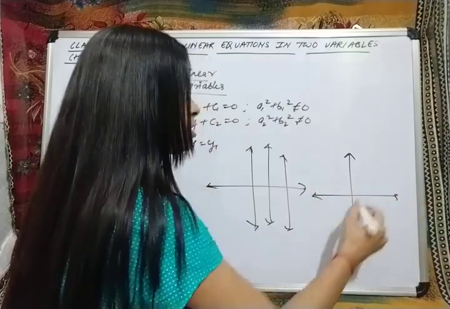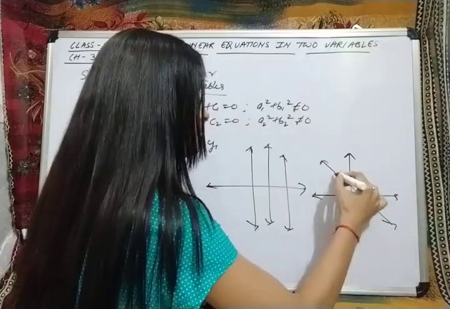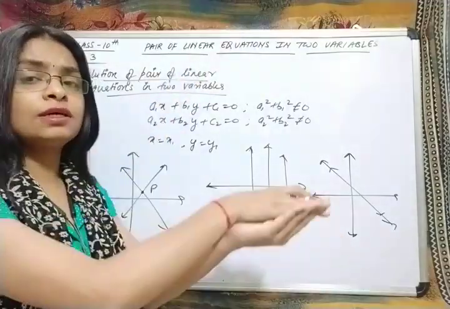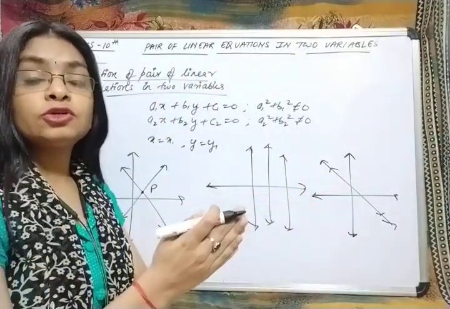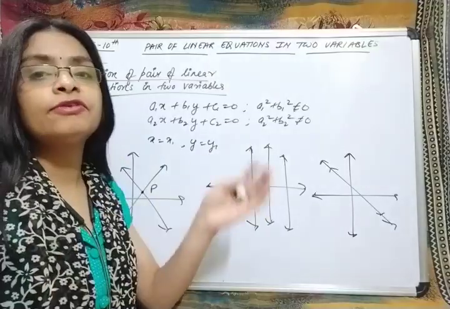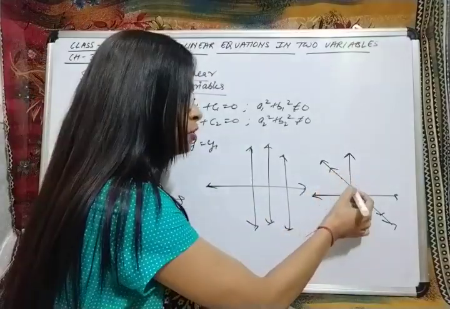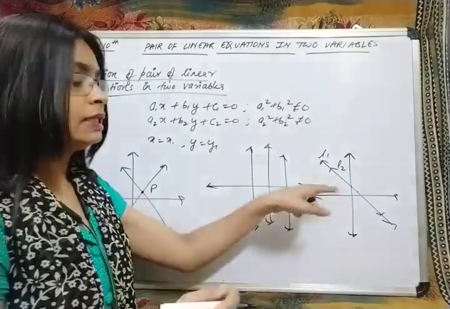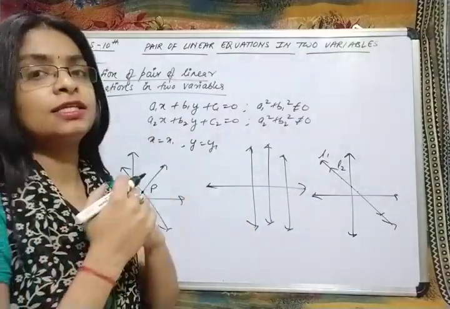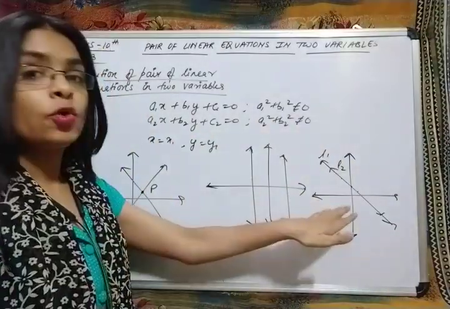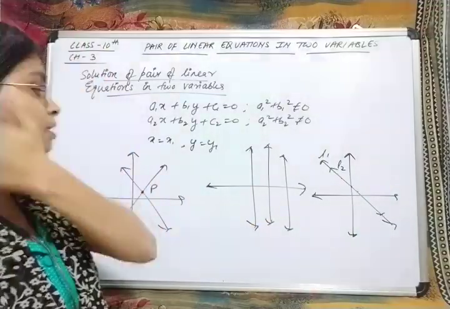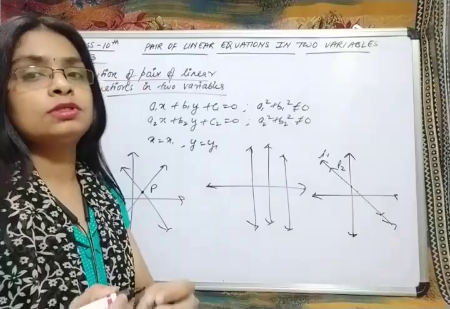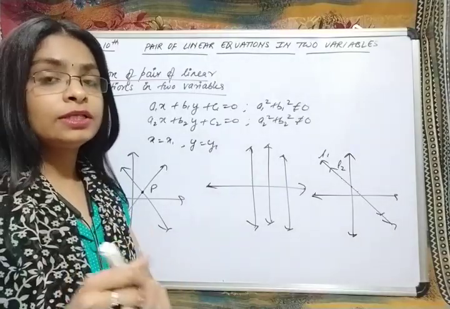Now this is the Cartesian system. Suppose I am drawing one line like this, and another line right over it. So here one line is over the other, no? So here the common solutions will be more than one, and can be infinite. All the points on line 1 are the solutions of line 1 and also of line 2. So in this case we get infinite solutions, in this case we get a unique solution, and in this case no solution.